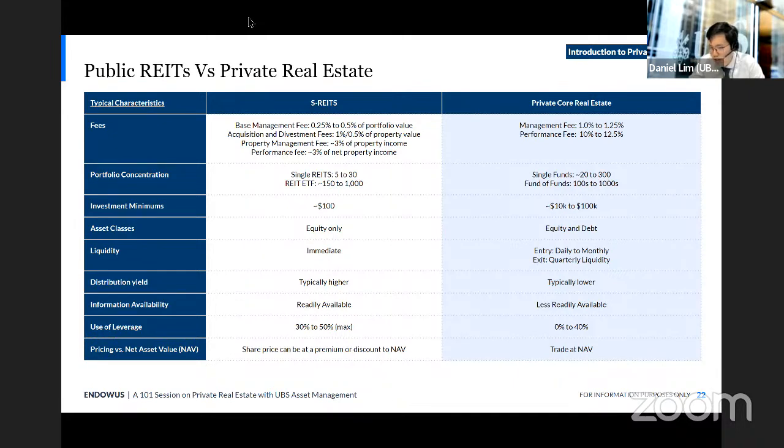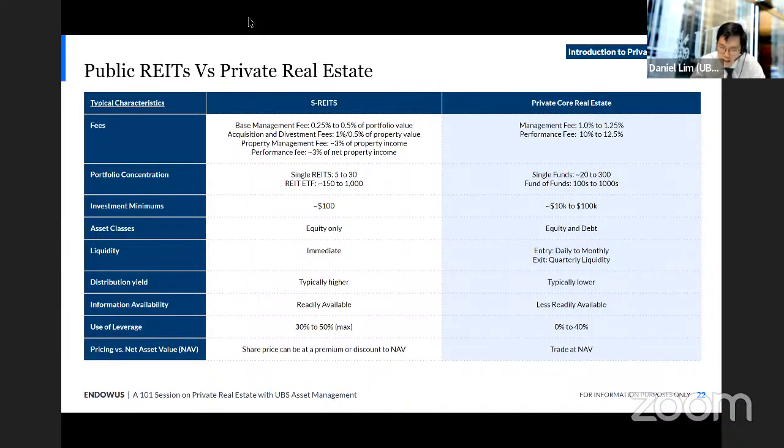So in that respect, if you do want overseas exposure to non-Singapore real estate, if you want to get, say, US exposure, for example, there is a lot of benefit in going with private core funds that do have specialist operations that are focused only in the US. As the quality of the assets, I would say, would generally be quite a bit higher than what you would see in the S-REIT market.